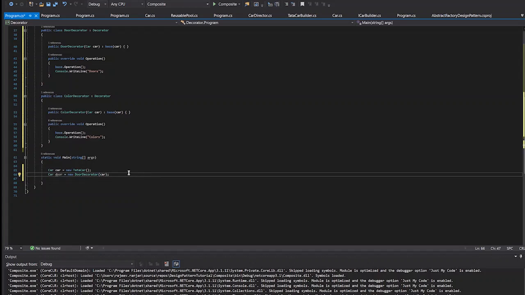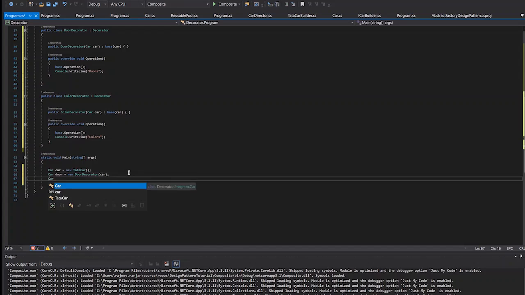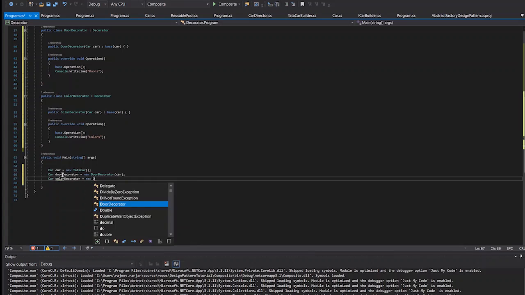Suppose now we want to add the color also to the door car. This door decorator I'll name decorator. Now we want to add a color also. Color decorator is equal to new.